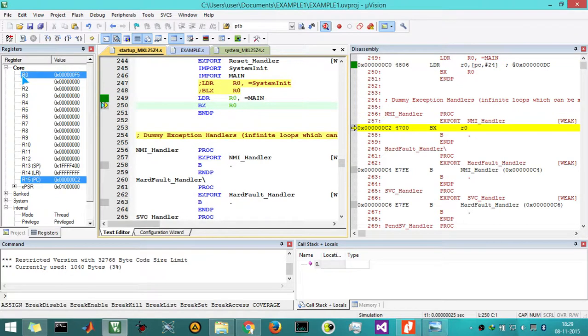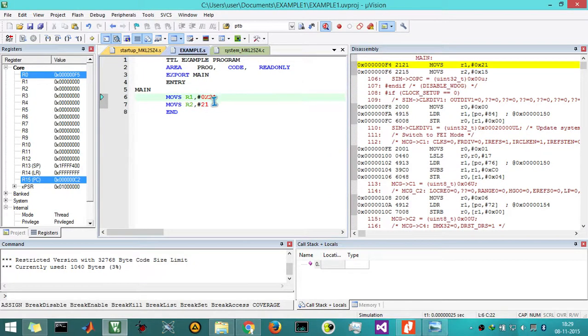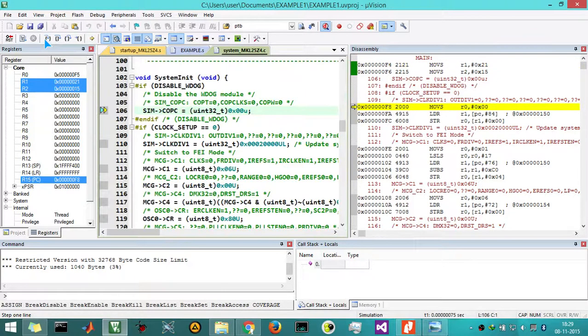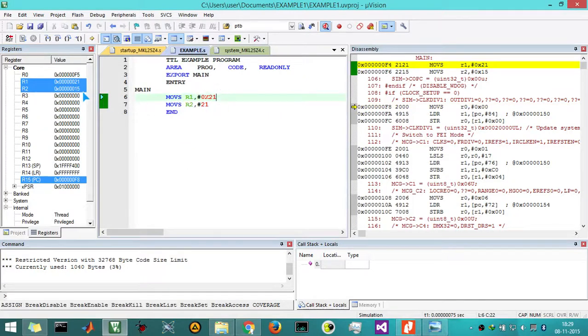R0 has been loaded with F5, and after executing this one, I should return the control to this program so that I could see R1 loaded with 21 and R2 loaded with 16 hexadecimal, that is equivalent to 21 decimal. Now I am going to run one step again. So I have got R1 is equal to 21, R2 is equal to 15. The problem is I have got the entire output at once.